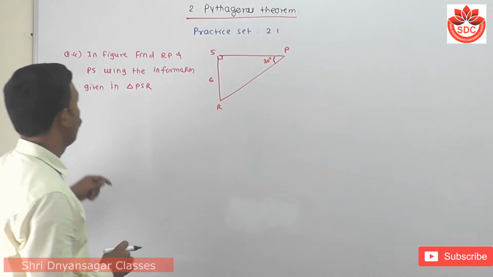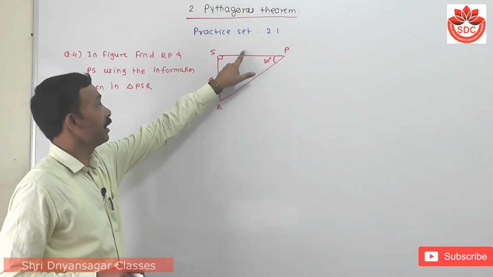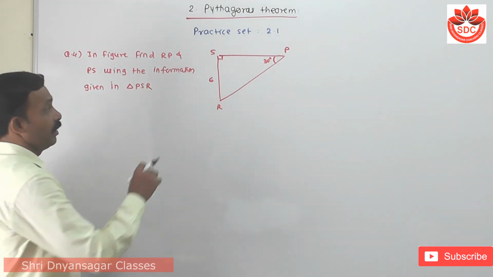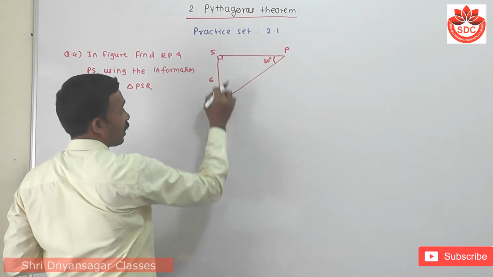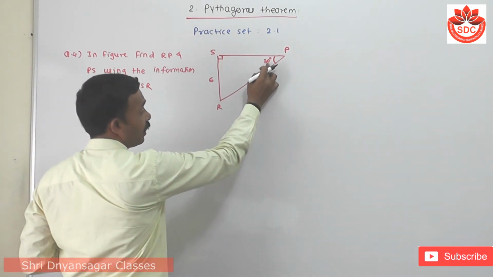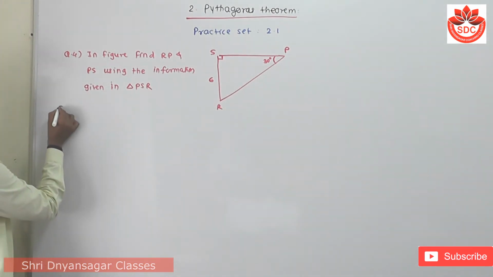Question number 4. In this figure, find RP and PS. The information given in triangle PSR: in this triangle PSR, angle S is a right angle, and angle P is 30 degrees. We have to find out this angle first. Now, so that in your solution,